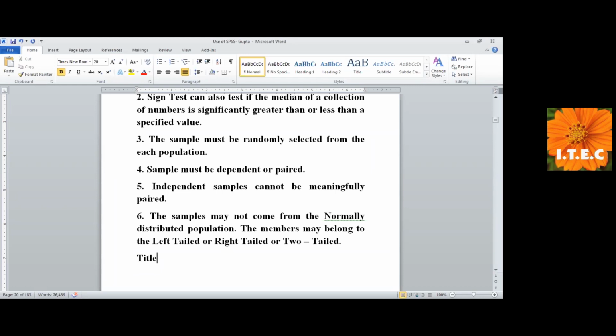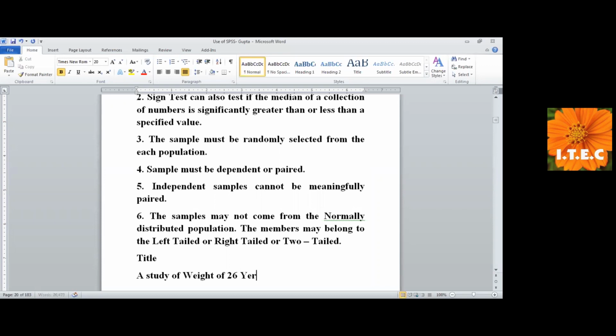So if you want, the title might be something like a study of weight of, let's say,